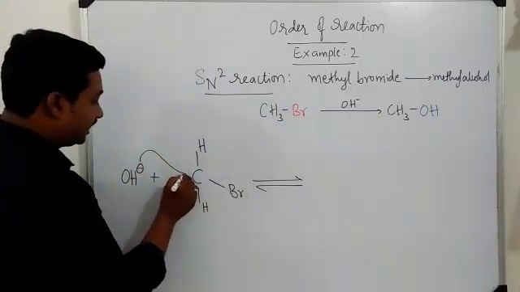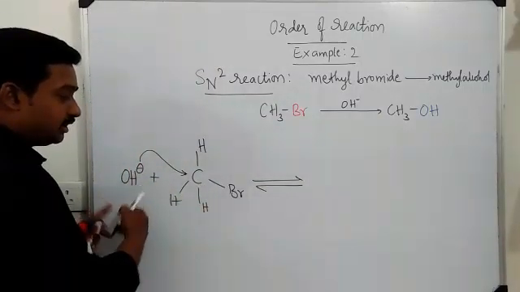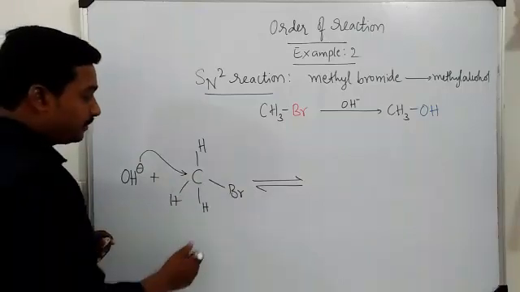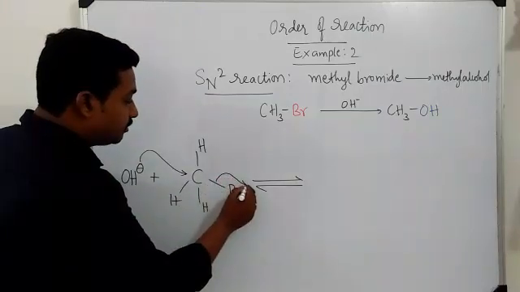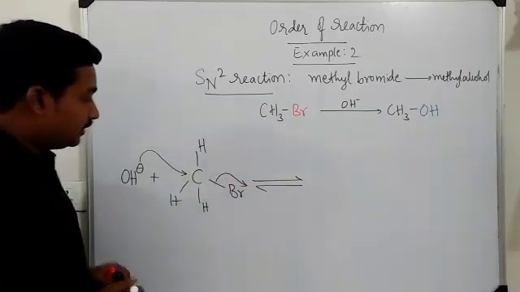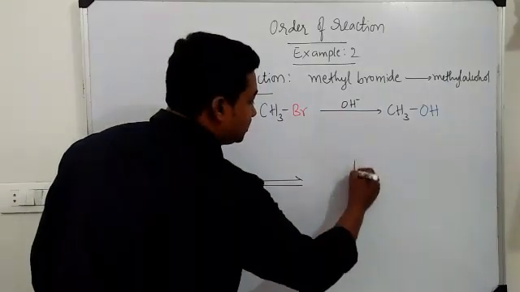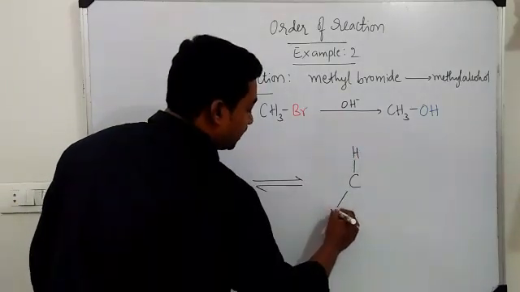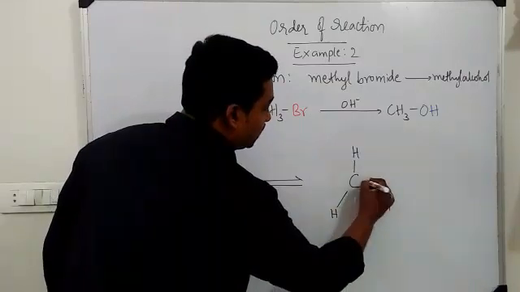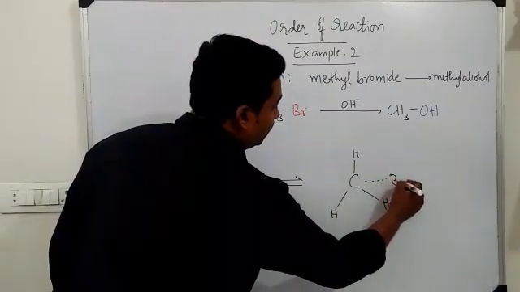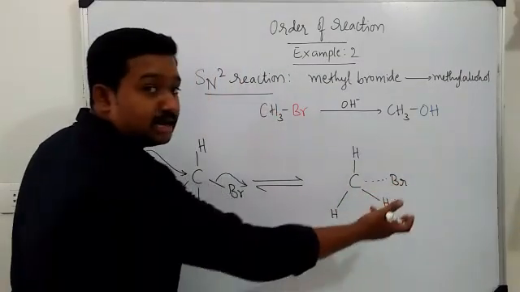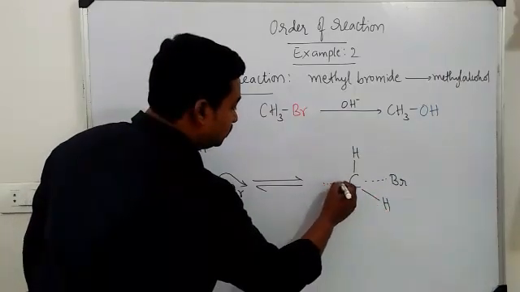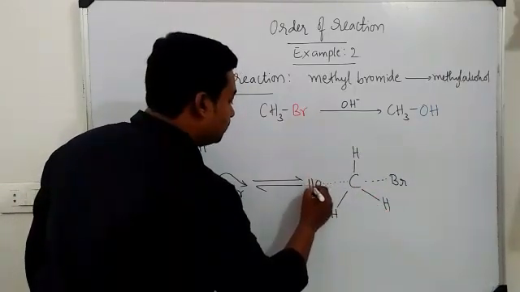A nucleophile attacks the carbon from the rear side, opposite to the presence of Br. Then Br leaves the molecule from its side. There will be a transition state formed during this mechanism. So carbon will have a bond breaking between it and bromine, and also a new bond will be formed between